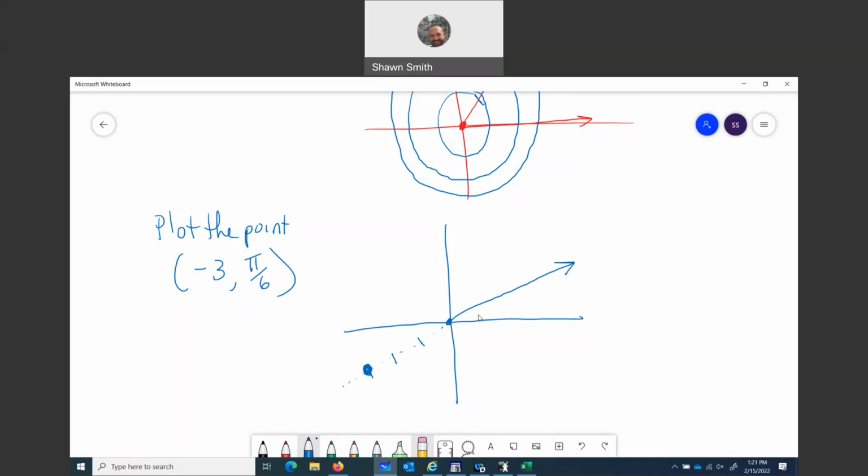Notice I can express the same point an infinite number of ways, right? Because for an angle, you can have so many coterminal angles. There's an infinite number of those. So another expression for this point could be